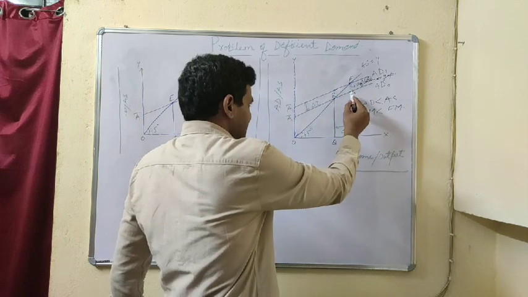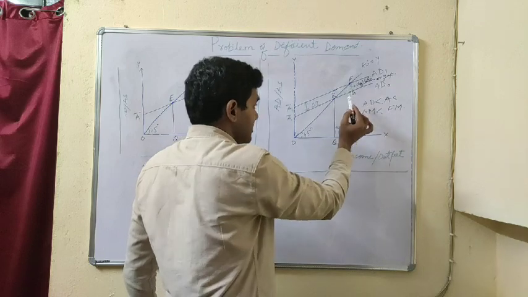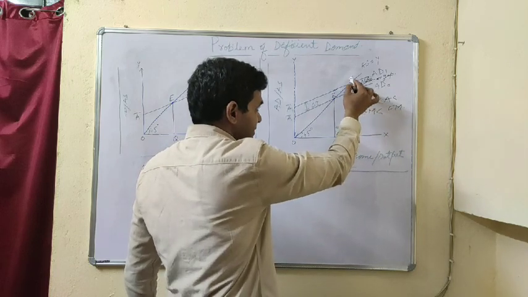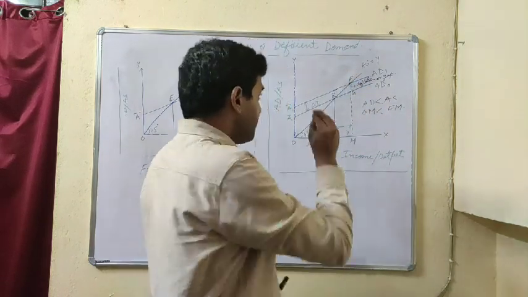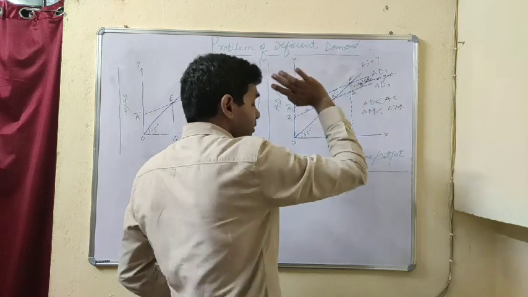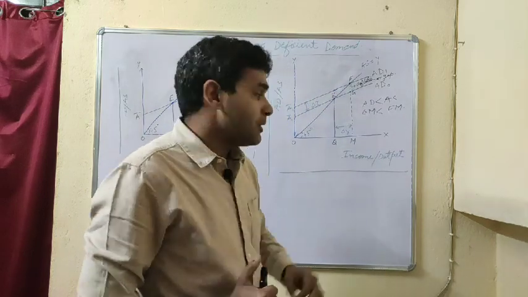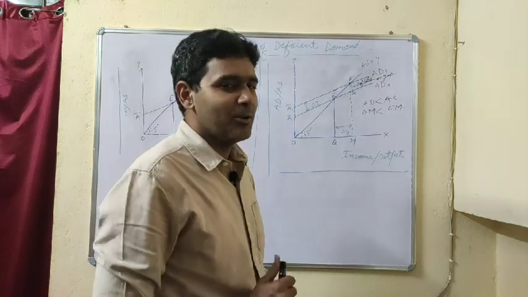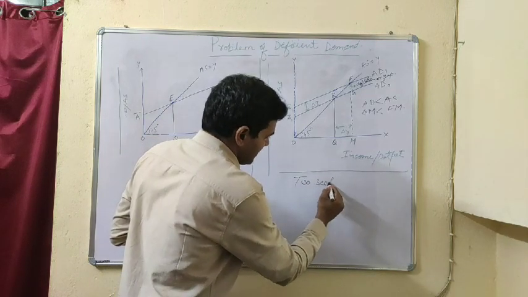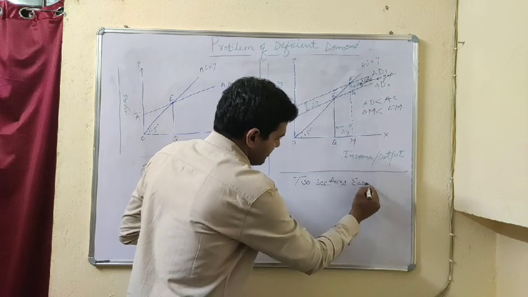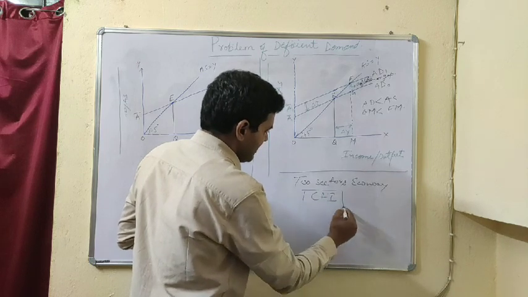Now what will happen? The economy has to increase the amount of aggregate demand by Gf. So Gf amount is required to fulfill the condition of full employment equilibrium. So how can we increase this aggregate demand? Because we are dealing with a two sector economy only, where there are only two components, C and I.